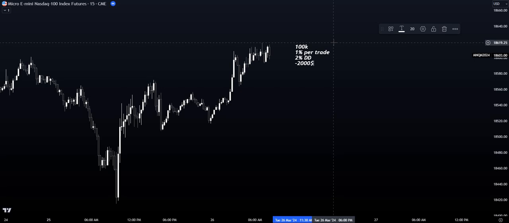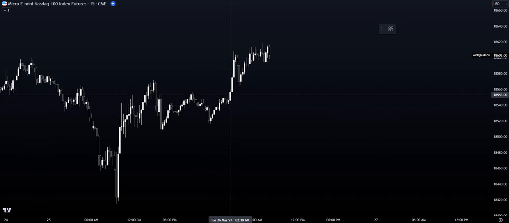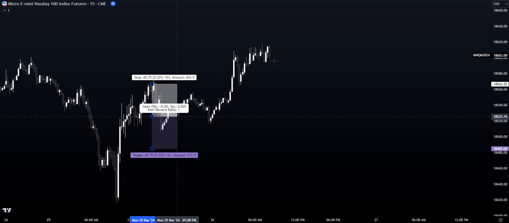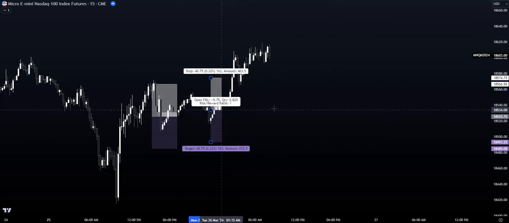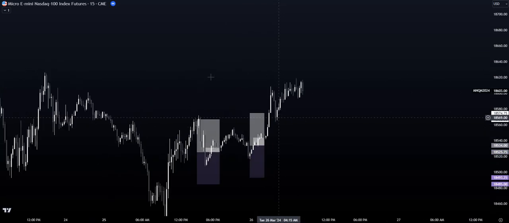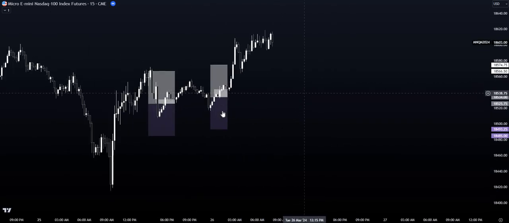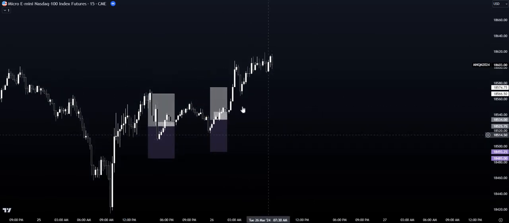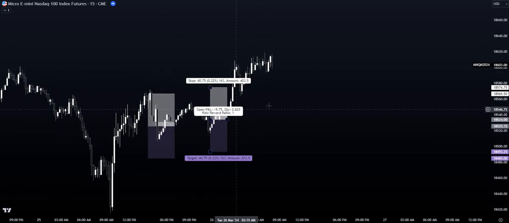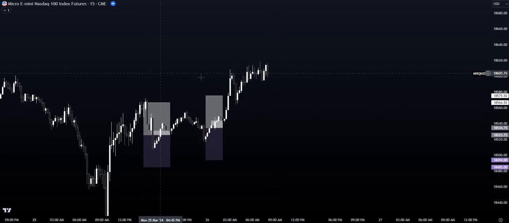How are you going to overcome this? Remember our risk management rule of 1 to 2 risk to reward ratios. If we shorted this, I was aiming for a 1 to 2, and we shorted this, I was aiming for a 1 to 2. What are we going to do now? Price is continuing to go higher, but we got stopped out and we lost 1% of our account on both trades, right? How are we going to endure this?